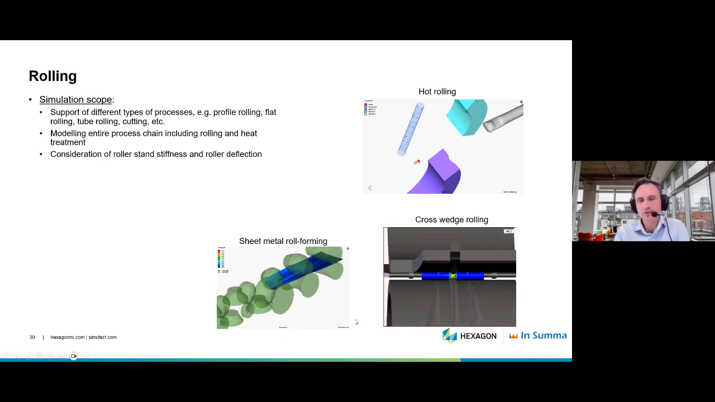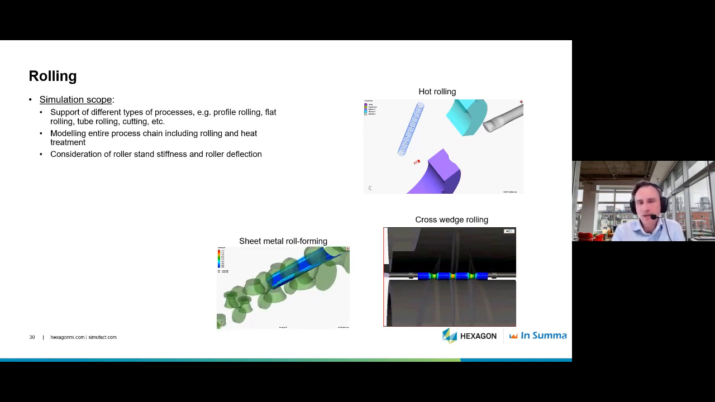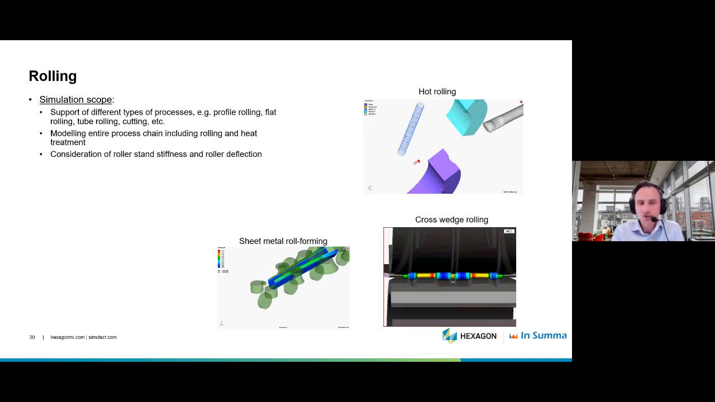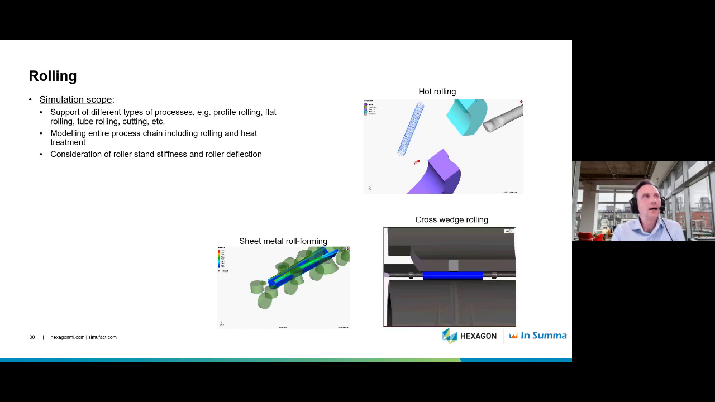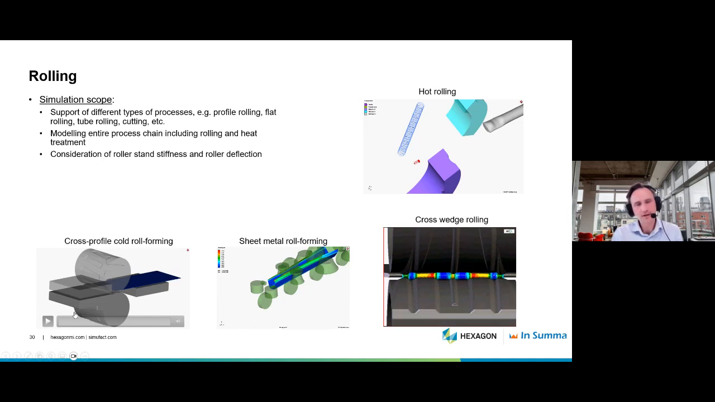forming it into a complex profile-like shape using quite a large number of rolls. So here again, you need to have special preprocessors to define the rollers, to position them correctly, to define the correct kinematics, etc. And here you can also work with 2D input coming from an AutoCAD-like program, where you actually define some profiles, which are cross sections of the rolls, and then you can utilize that directly to define the geometry of the rollers. And then maybe one other example which I have here is this cross-profile cold roll forming,